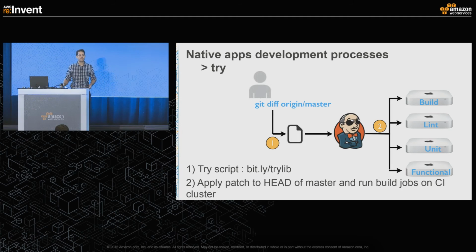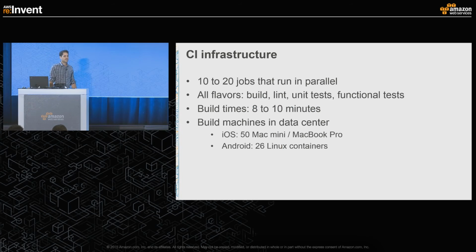So pretty much it's a way to test your local changes on the CI cluster, because as we know, it may work on your machine, but it's not going to work on the CI cluster. So without pushing upstream to GitHub or to your branch or anything, you just send a patch onto the CI cluster and you test everything there. Pretty simple and powerful. So speaking of CI infrastructure,